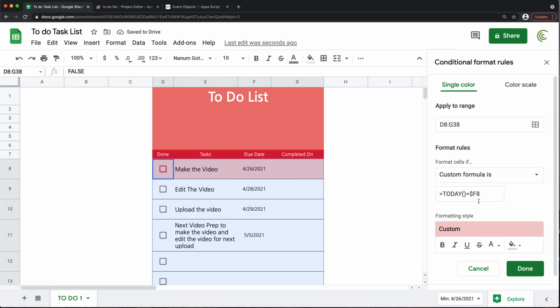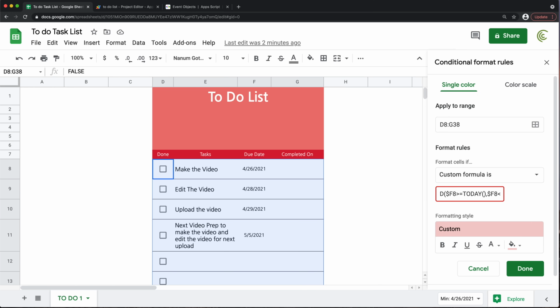Now, what I don't like about this is that this will work if we just have straight up dates, but if we have date times for due dates, this is not going to work very well. So what I'm going to do, I'm just going to add an AND function. I'm going to check if the date that's in the cell is greater than or equal to, in this case, less than, or actually, let's just switch these. So we'll just say if that is greater than or equal to today. So basically, if the due date is greater than or equal to today, comma, and at the same time, we'll do that same $F8